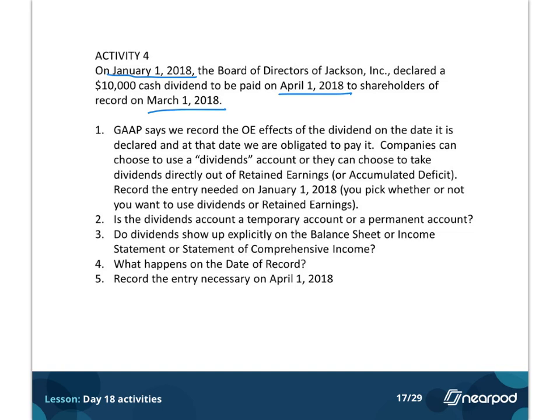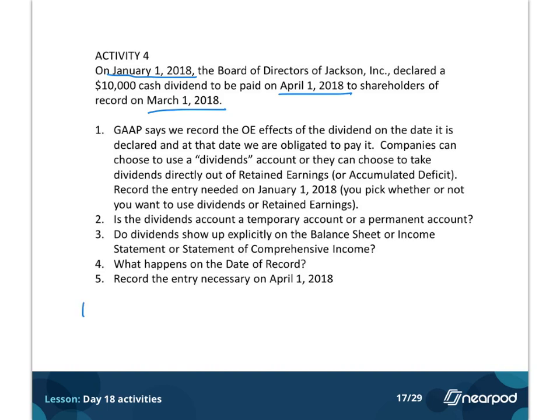So companies can choose to use a dividends account or retained earnings. So I will let you do the same thing. You pick whatever you want to use. I'm going to use a dividends account in my entries here, but you could just as easily use retained earnings. That means on your project you could use retained earnings as well, rather than putting in a new property dividend account. You could just use retained earnings. All right, so looking at